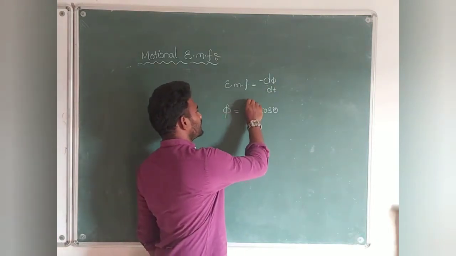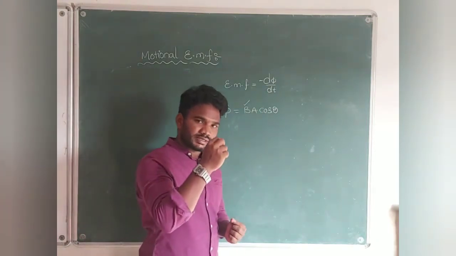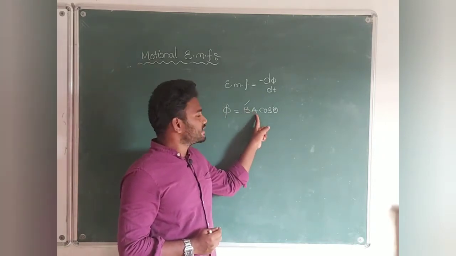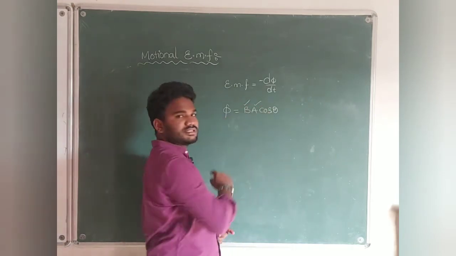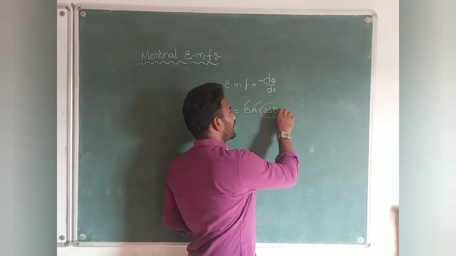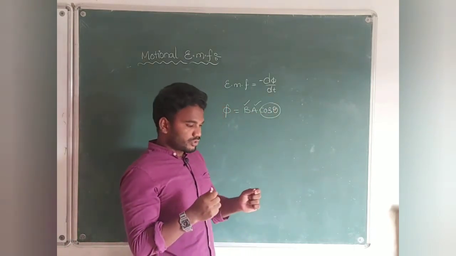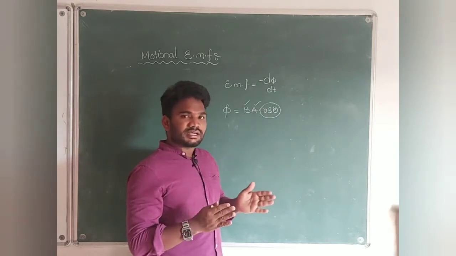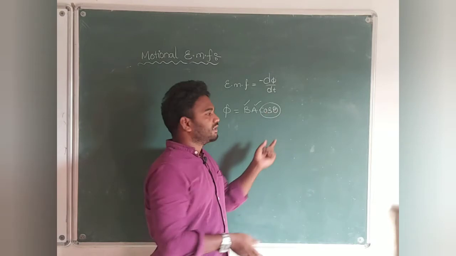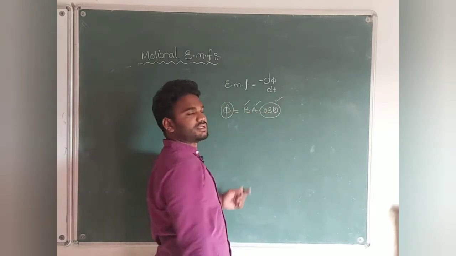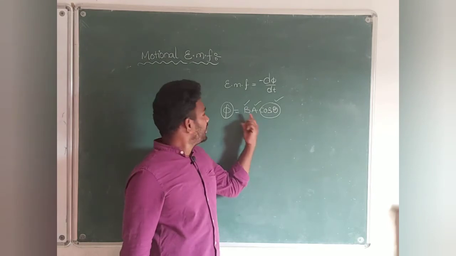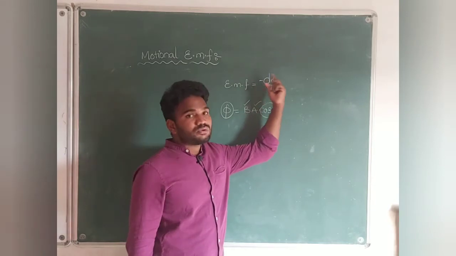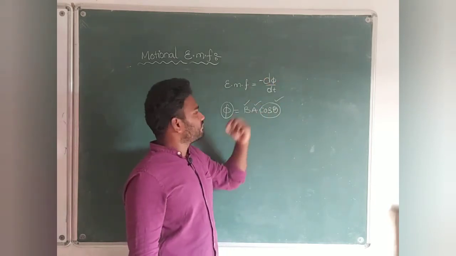Students, if you change the B value, if we increase or decrease the magnetic field, then it gives a change in flux. If you change the area, then also it will give a change in flux. If you change the angle between B and A, I mean to say we rotate a coil between the magnetic field and the coil area, the angle changes. If you keep on changing this angle, then also it will give some change in flux. Whenever there is a change in flux, it induces EMF. This is what we should understand here.